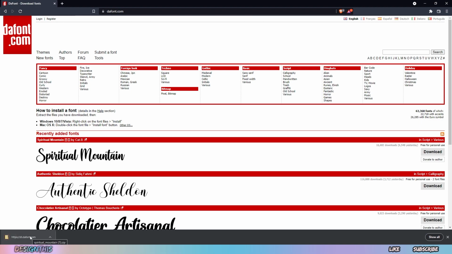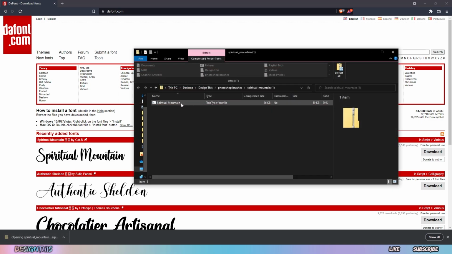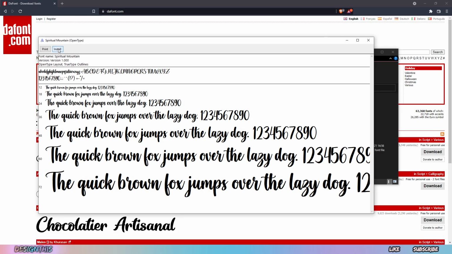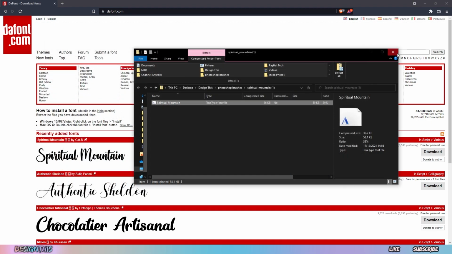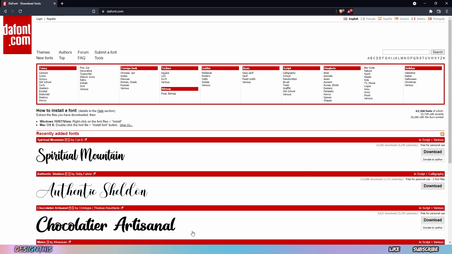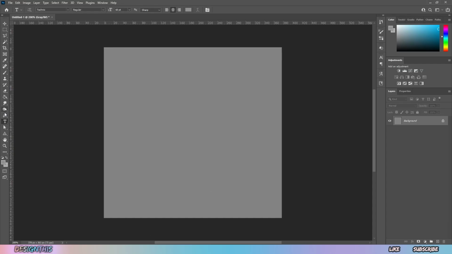I'm going to double click that, and then I'm going to double click on this and it will just say install. That'll only take a second to install after you've clicked the button. I'm just going to X out of that, X out of that. I'm going to go back over to Photoshop,